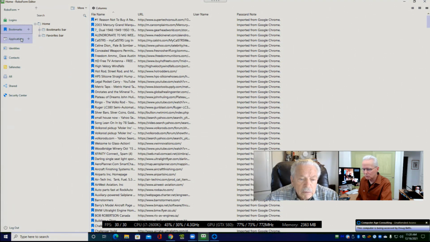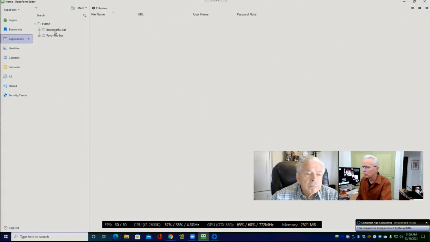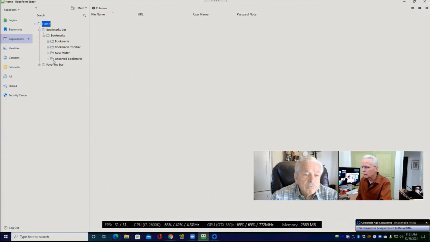And then we'll go down to applications. Again, I'll blur it just before switching to that. And there's nothing here of interest. There's a bookmarks bar and a favorites bar. We can expand these, as these are going to show what's on your bookmarks bar probably. And going ahead and click that and click another level down and another level down, and there's just not much there at all. If I keep clicking down, I might find something.